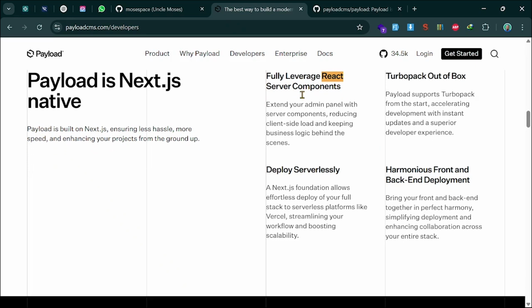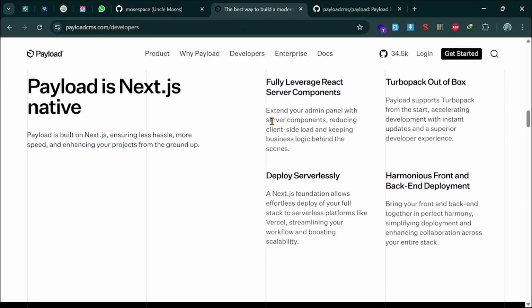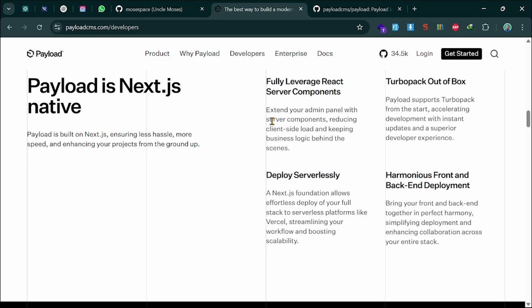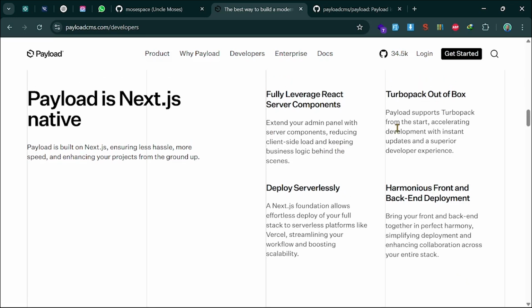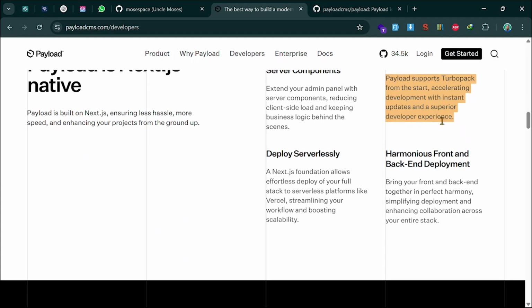It also extends your admin panel with server components, reducing client side code and keeping business logic behind the scenes. It also has Turbopack out of the box, if you've used Turbopack before, which is supported by Payload to ease development by accelerating speed with instant updates